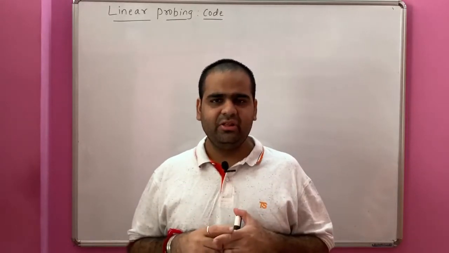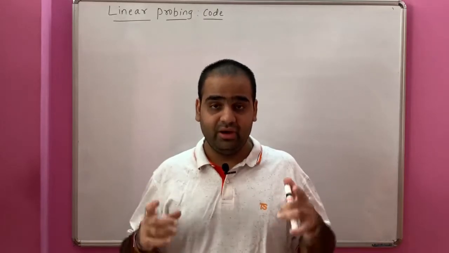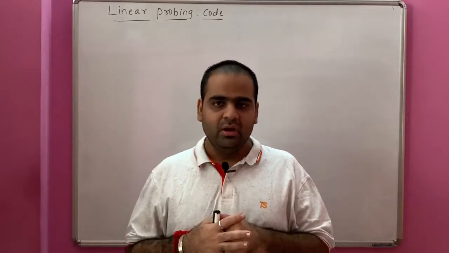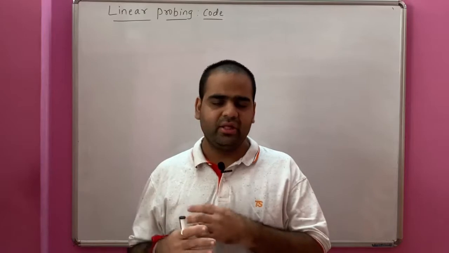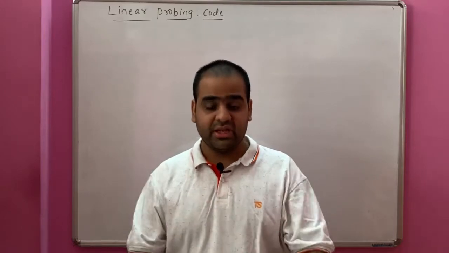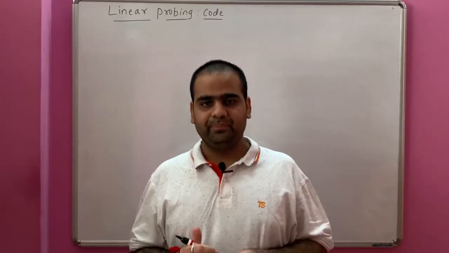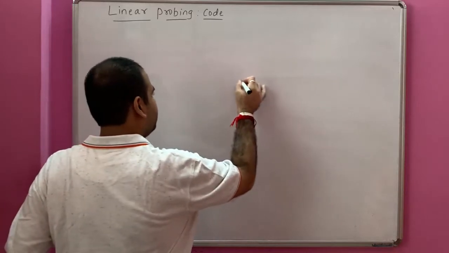The next thing is we have to rehash the complete table whenever the table size crosses some threshold. Now this threshold is an implementation issue. You can take 70 to 80%. Now let's take 70% as the threshold and try to implement linear probing. Say for example this is the hash table.